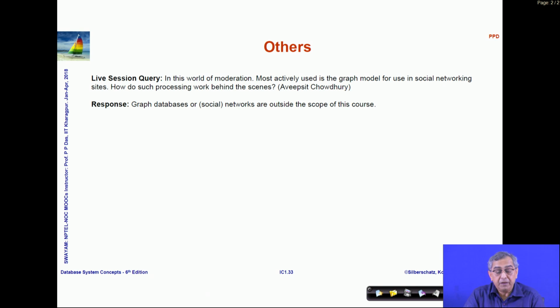In this world of moderation, most actively used is a graph model for user social networking. How does such processing work behind the scenes? I'm sorry, I'm not able to pronounce the name, Avipsit possibly Chaudhuri. So, what you ask is a very, very deep question, and this is first of all not in the purview of